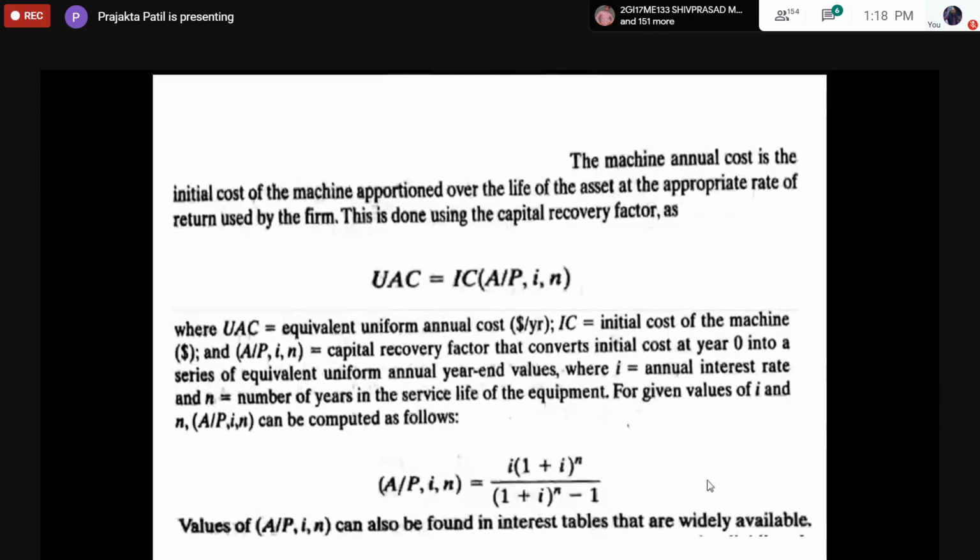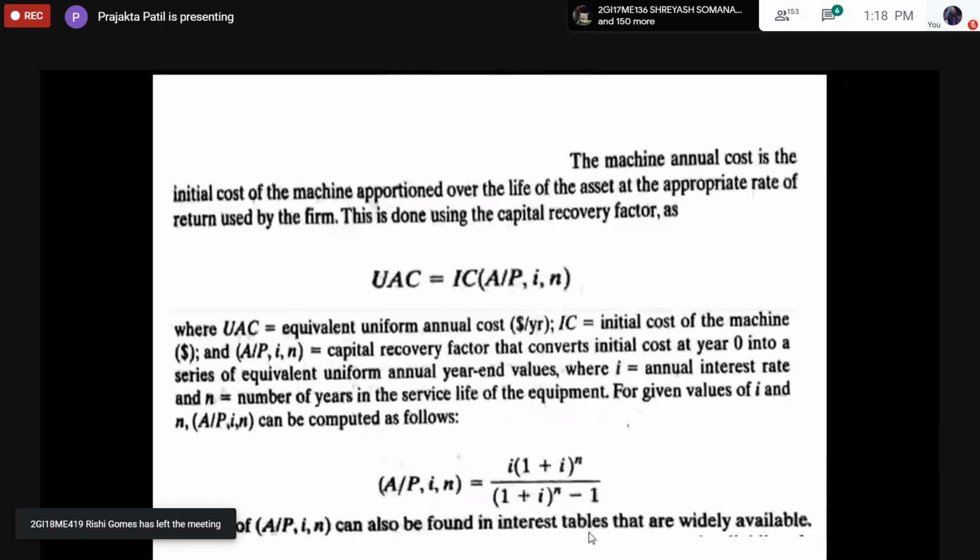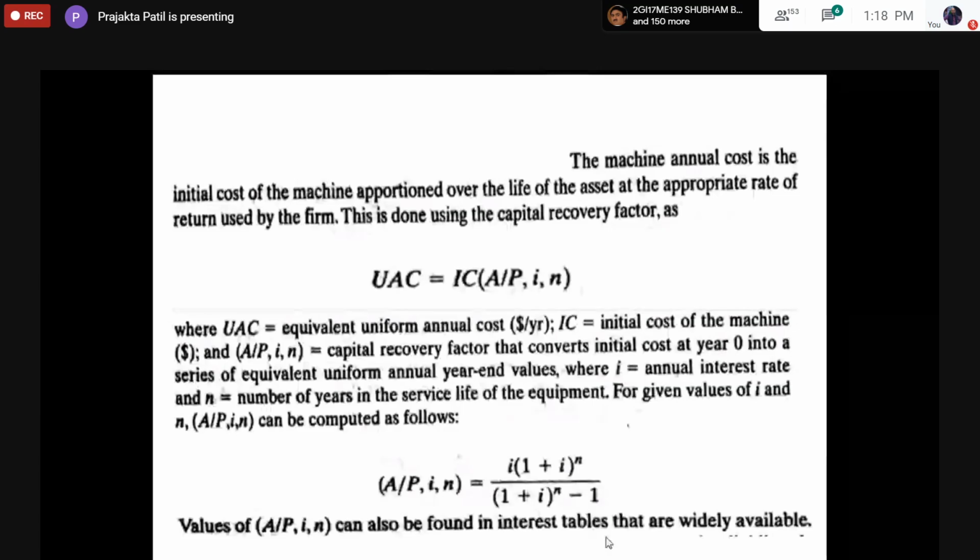Okay, fine. But anyways, this is just for your information that you can get this capital recovery factor by referring to the interest tables. But in the exam, we never provide these interest tables because we have an alternate method of finding this value. We anyways know the equation to find out the same. So we do not provide these interest tables, or they are not even usually required. It is just for your information. I hope you all have noted down this. I'll proceed to the next slide.